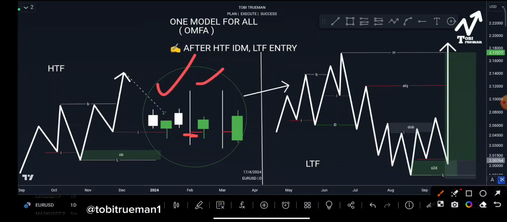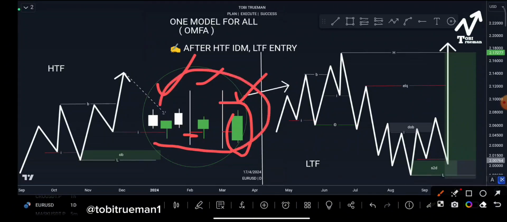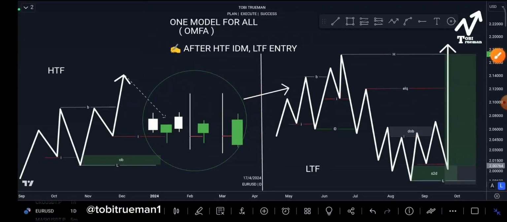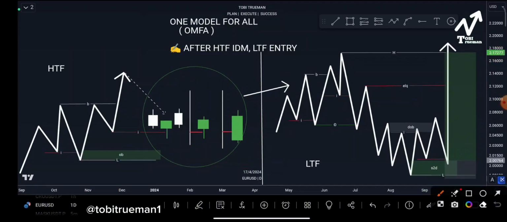All right, then the third one that can happen, we can have candlestick body closure also. It doesn't matter. All right, so all we want is that by the time we go to the lower time frame, after these candlesticks might have formed, we have our entry model, and if we have it, we can enter the trade confidently. So going to our lower time frame, our corresponding lower time frame, we see that yes, pullback